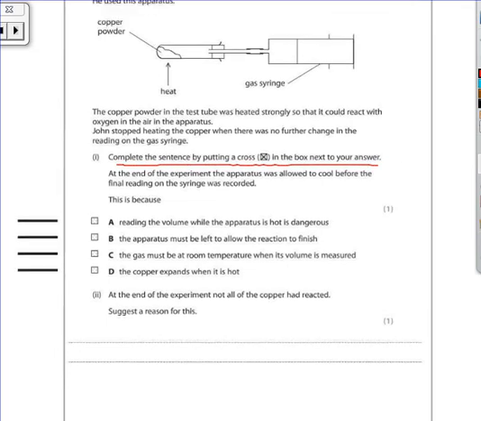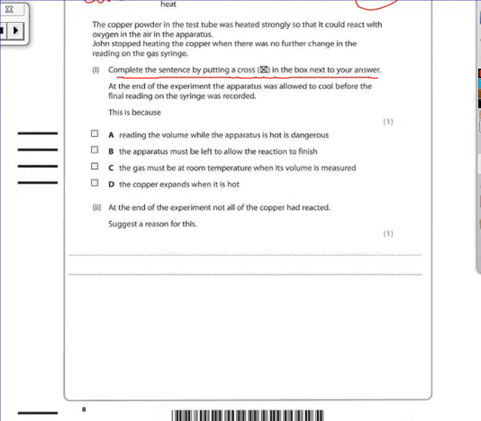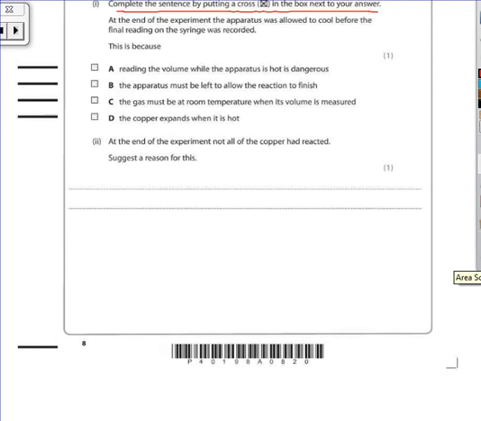Okay, so you've got air from the atmosphere in there. We know the pie chart, which shows the composition of air. You're putting it into there, and it's reacting with the copper to make copper oxide. So only some of the air will react, obviously the oxygen. So, this is because